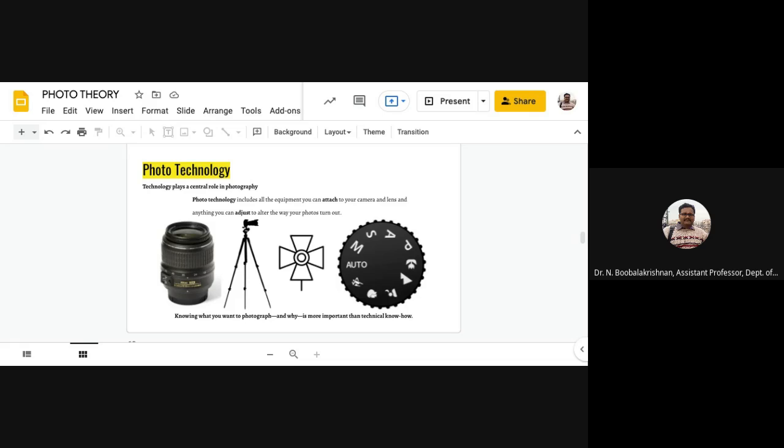So adjustments to the shooting circumstances have a technical aspect of any sort, cranes, ladders. In contrast to image design or image editing, photo technology is relatively easy to classify, describe, and control. It's just attachment and adjustment. So knowing what you want to photograph and why is more important than technical know-how.